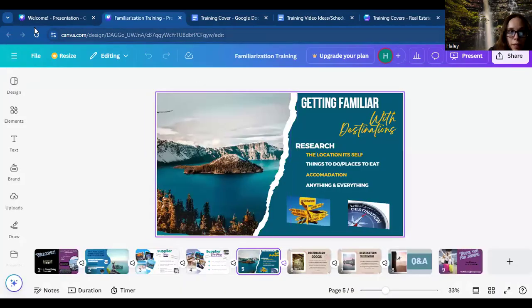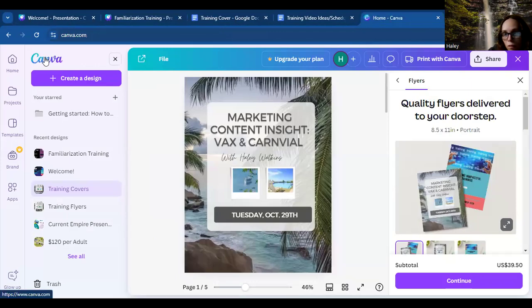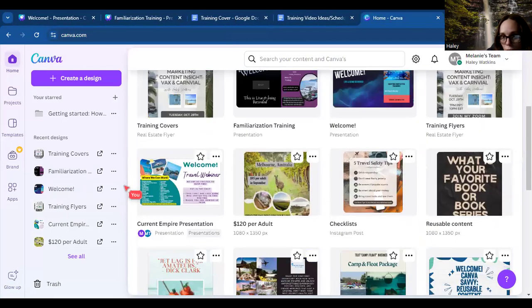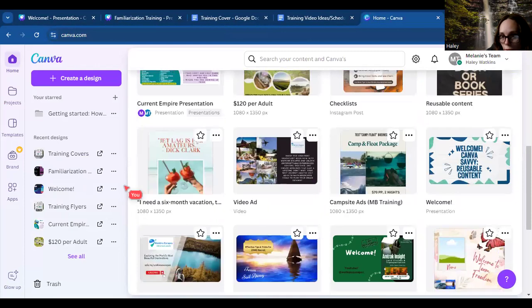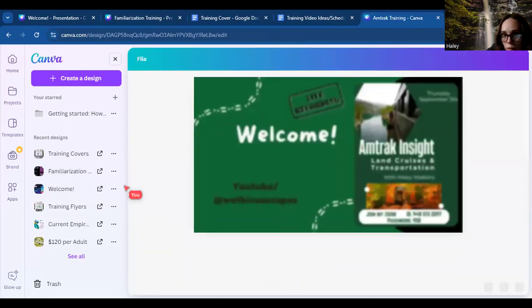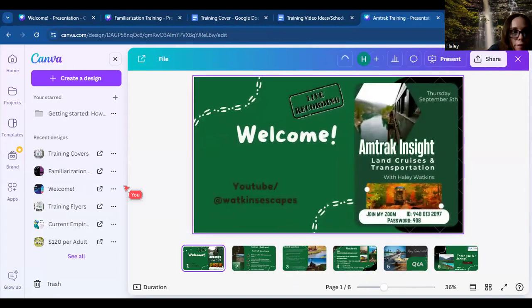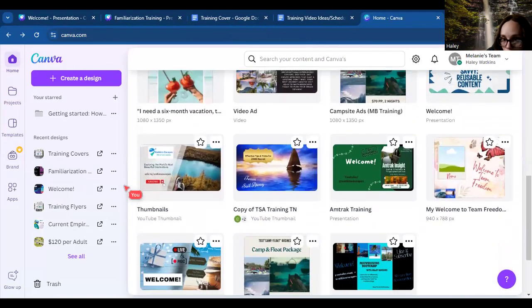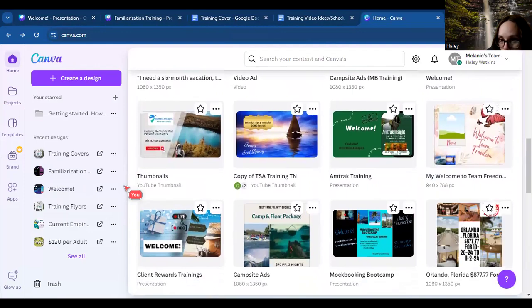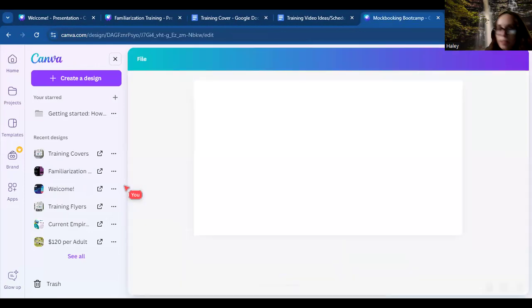Let me see if I can find one here that is just training. Nope, that's one that goes in. I have that one with links in that one. Here we go. I think this one is just links.